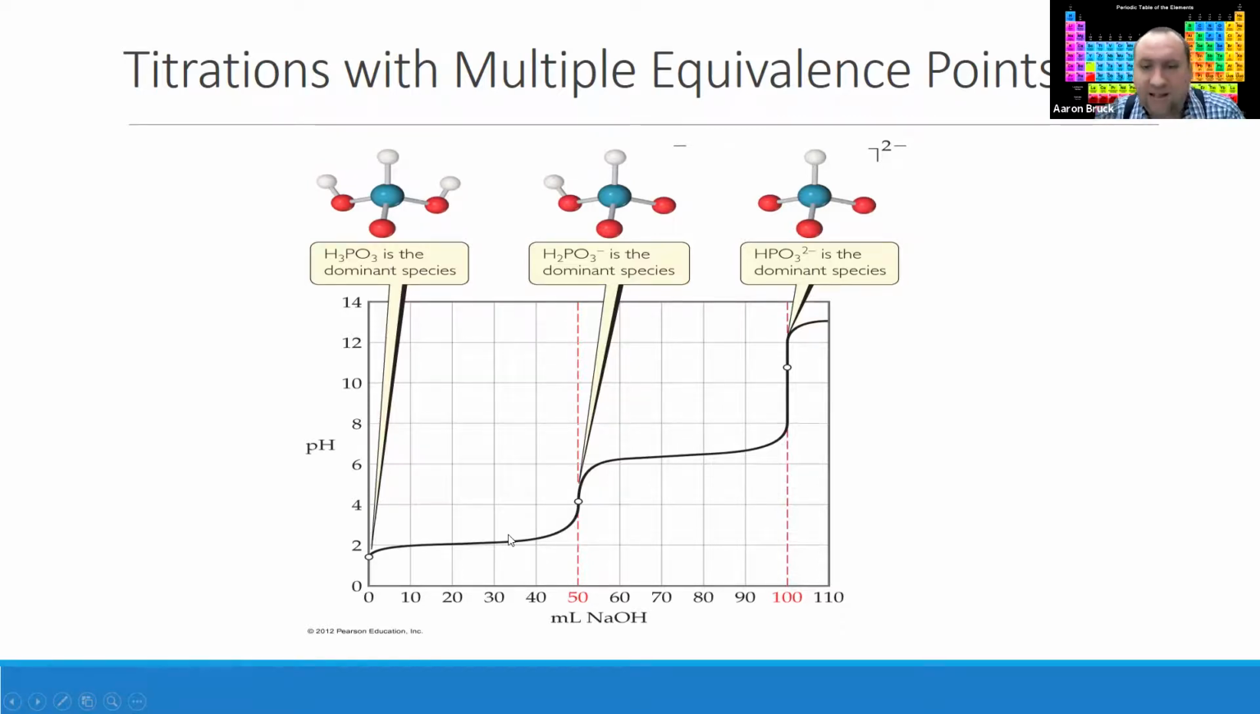The stronger acid is always the first deprotonation. So you can see we have a relatively low starting pH. This is a buffering region here, although it is not changing as considerably as we saw in the previous example. And we end up getting a first equivalence point in the acidic region. And the reason for that is